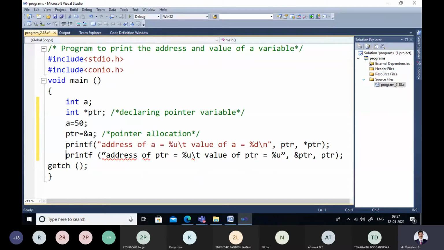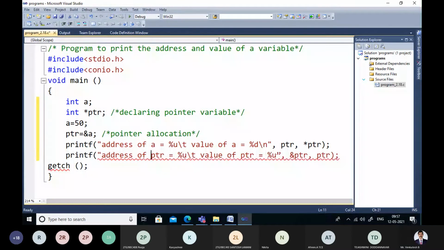Next, we're trying to print the address of a and the value of a. Next, we are trying to print the address of the pointer itself and then the value of the pointer itself. Right? So this is the source code, whatever I have explained just now. I'll just run the program and show you what different values we get during the execution.